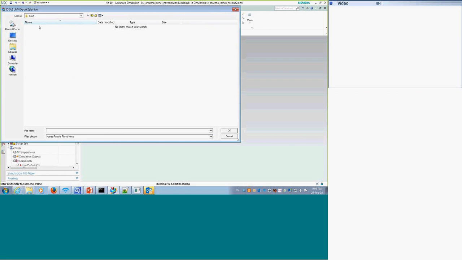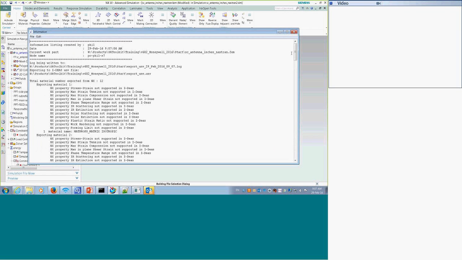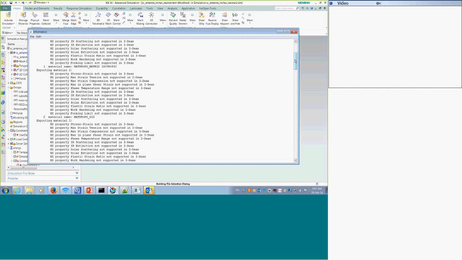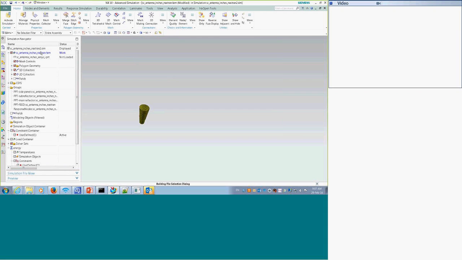That I want, and then define an output file. Okay. Giving me messages for just about everything. You know, nodes, physical properties, elements, and then its type groups exported. Zero groups skipped. So that's what I want to see here. If you only have a group with a mesh in it, it's going to say one group skipped, for example, or two, etc.